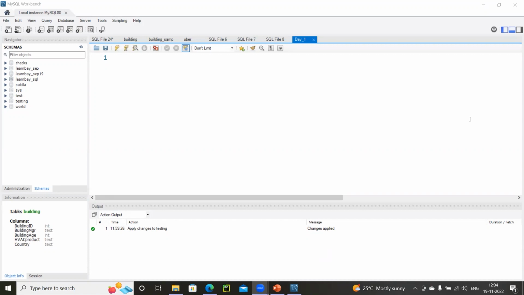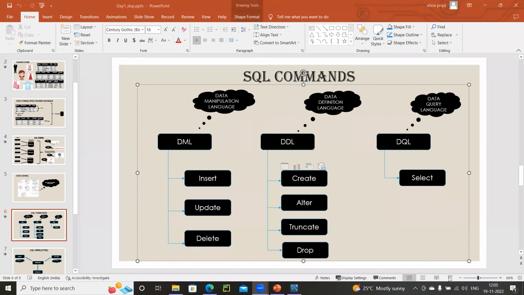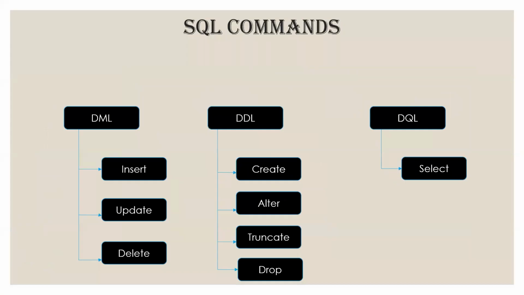Okay, great. No problem. So let's start writing our statements. As I said, any commands that I'm going to write under SQL will fall under any of these three categories.